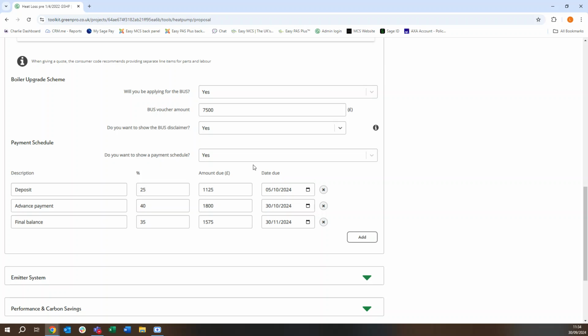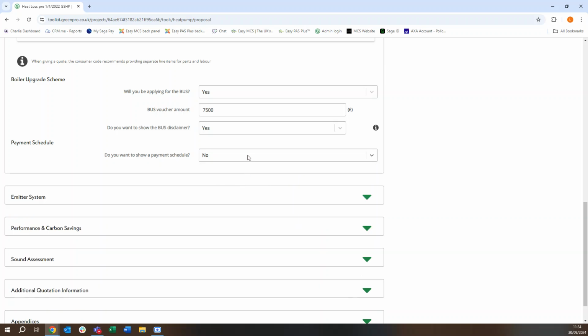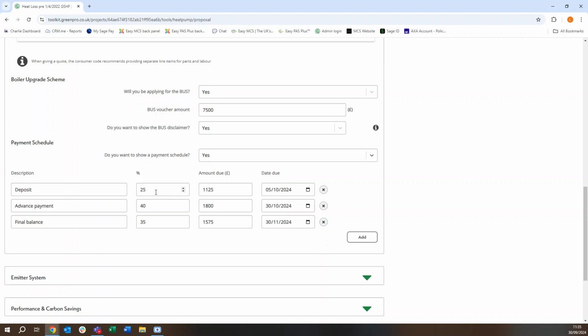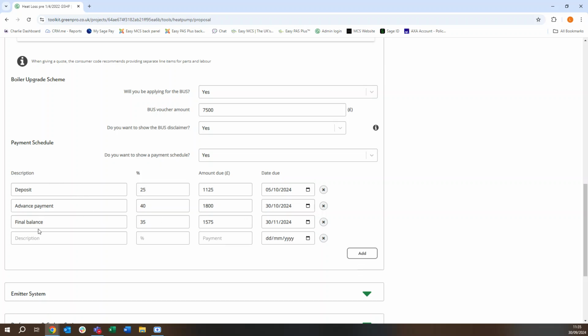Then we also say, would you want to show a payment schedule? You can say no to this, but if you say yes, then you can add in various different sections of the payment schedule. So for example, I've added deposit, advance payment, final balance. If you don't have a deposit and it's just final balance, then you might not want to give a payment schedule. But if you do take stage payments in any way,